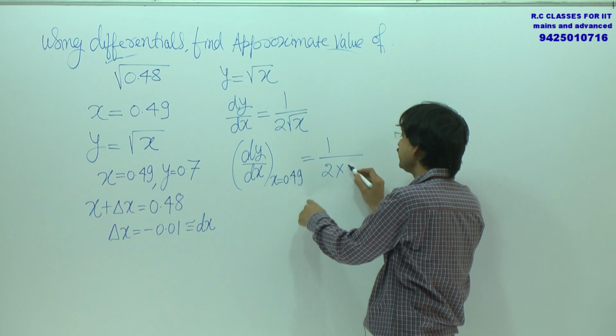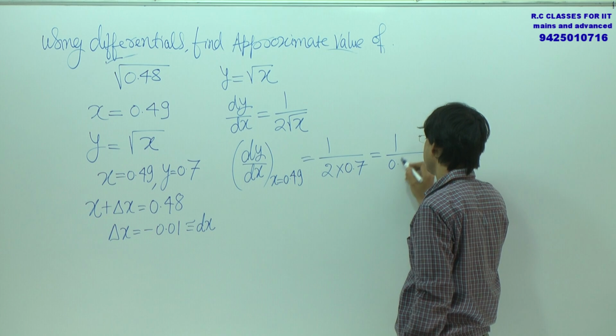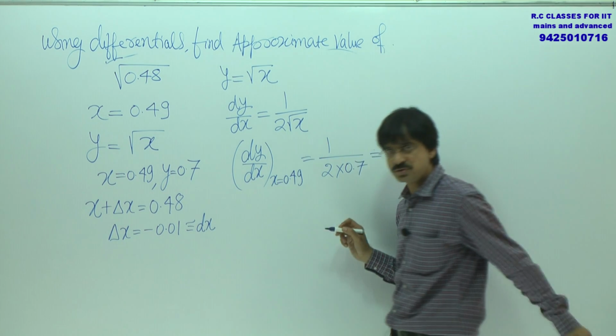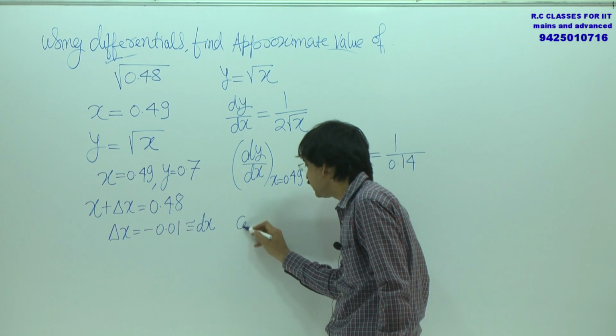The square root of 0.49 is 0.7. So dy by dx at x equals 0.49 is 1 upon 1.4. Now, to calculate